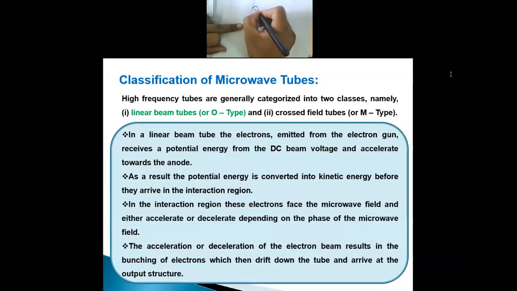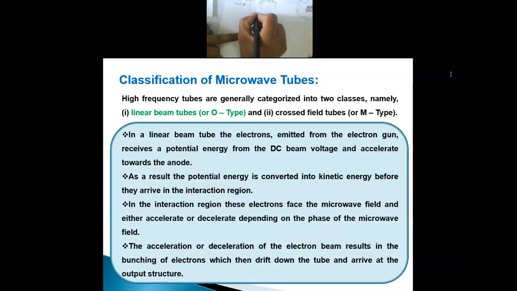Electrons are emitted from the cathode because of this particular field. When the field is in the positive half cycle, electrons start accelerating and propagate faster. So electrons will move faster. When the electron is propagating at the place of zero field, where the field changes from positive to negative, the field value is zero. So the velocity of the electron will not change. It will be the same.